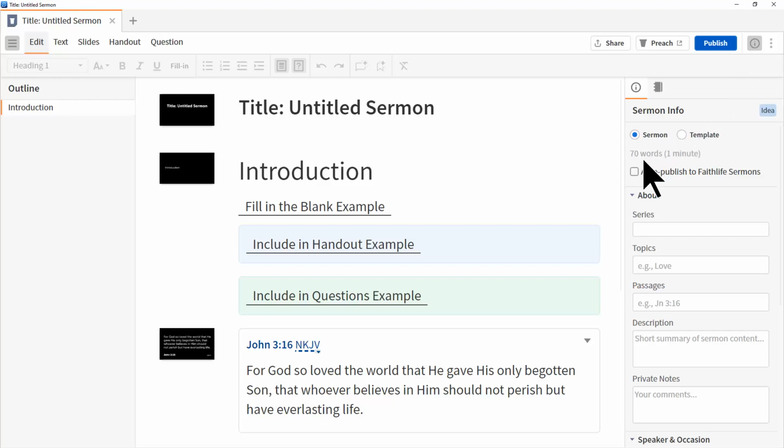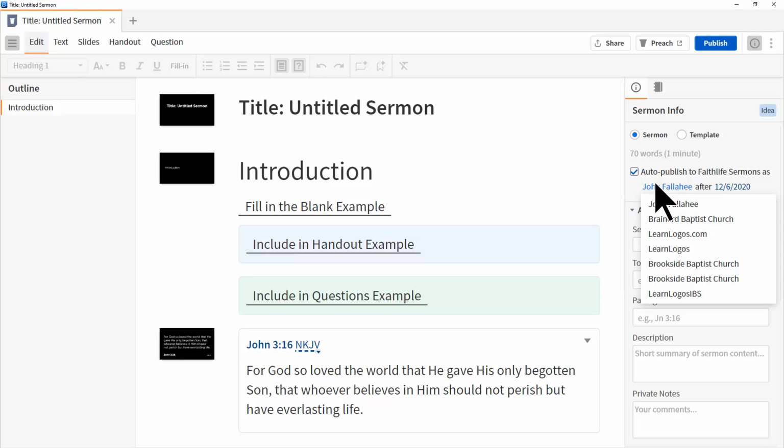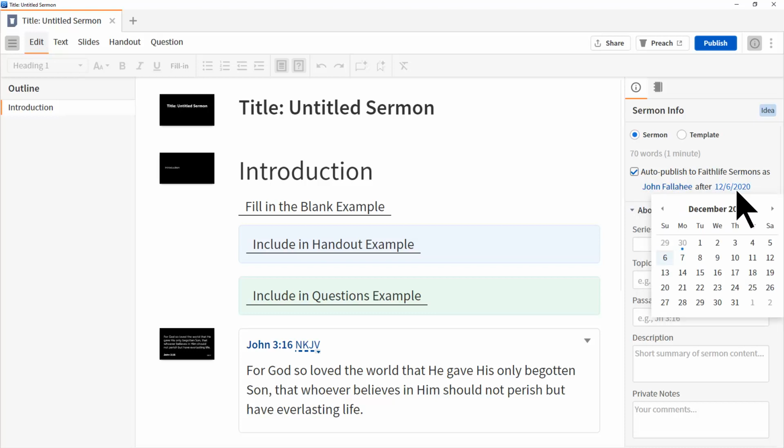Let's go ahead and check this box. Now, normally your name appears as well as a published date. Now, I'm going to click on my name, John Fallahy. Now, because I'm an administrator of several Faith Life groups, I will have a larger list. So I can publish with these various aliases. If you are not an administrator of a Faith Life group, then you will only see your name. I'm going to click on the date 12/6/2020. A calendar has appeared,